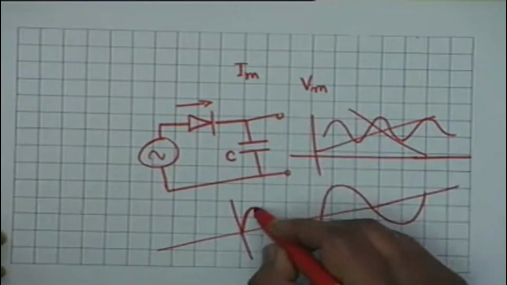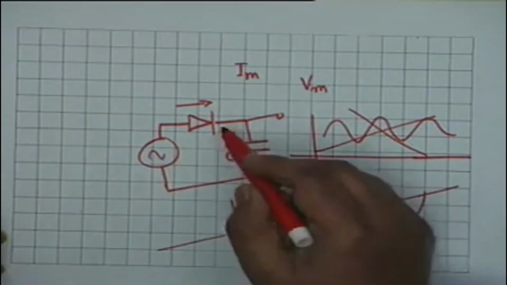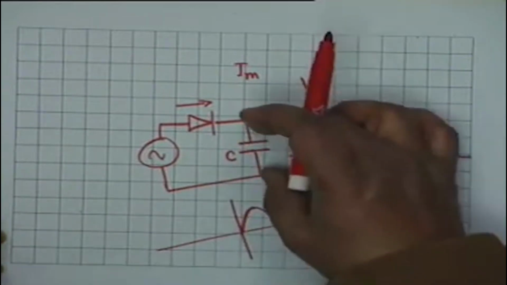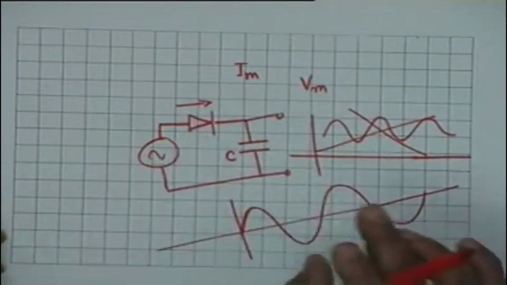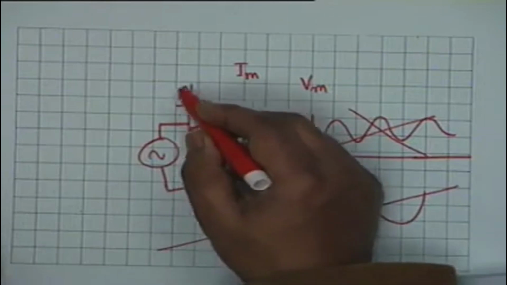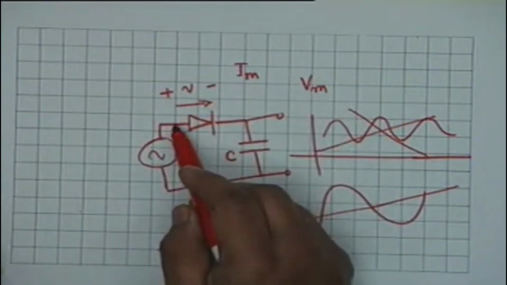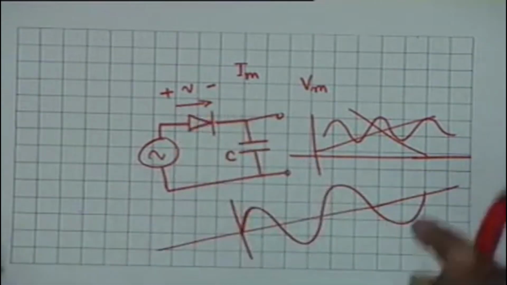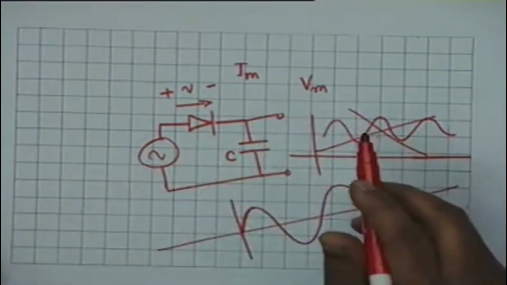Then when this voltage goes down, the diode becomes reverse biased. That is, this voltage becomes greater than this voltage. So the diode does not conduct. It conducts only when the polarity of its drop is like this. That is, the left side is positive with respect to the right side. If the right side becomes higher potential as compared to the left side, the diode refuses to conduct, and therefore